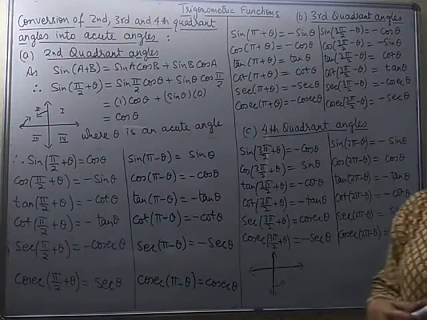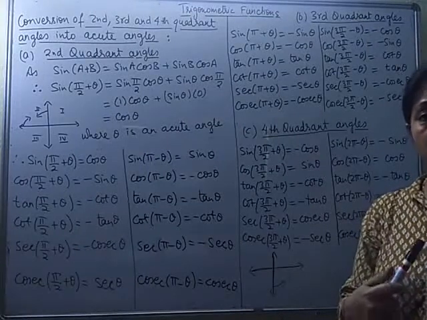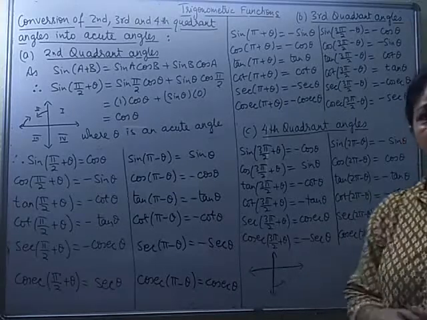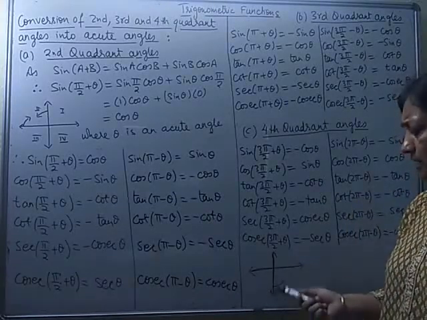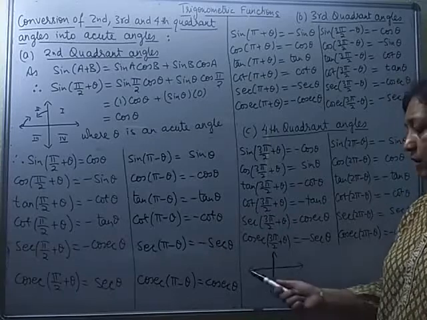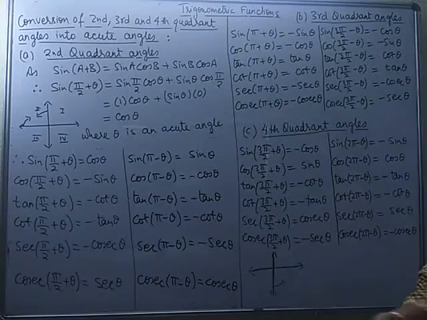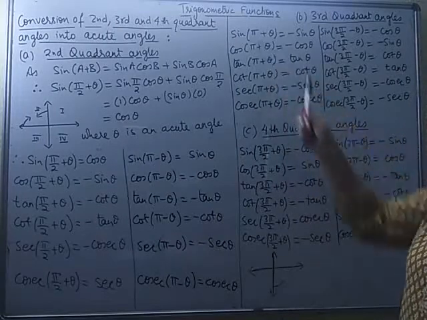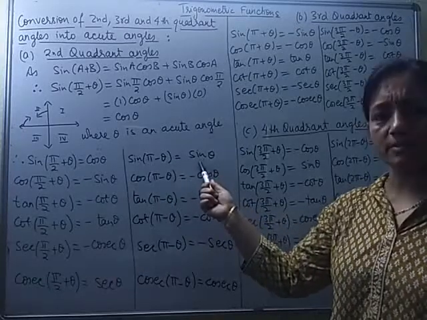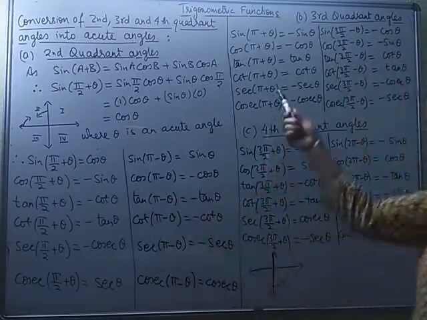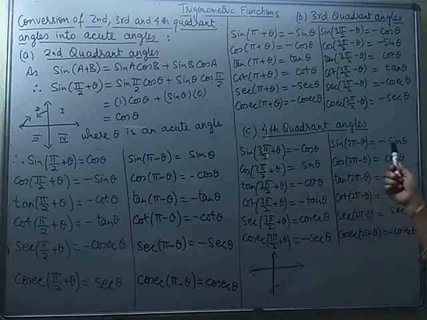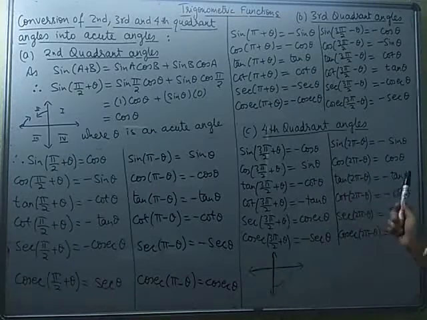So I will advise you, whenever you convert the angle, whether it is in the second quadrant, third quadrant, or fourth quadrant, unless it is very much needed, avoid making changes about the vertical line. Try to make changes about the horizontal line. How is this going to help? When you make the change about pi or 2 pi, the function does not change. See, sine pi minus theta, the function remains sine only. Cos remains cos only. Look at this part also. Sine remains sine, cos remains cos. Over here about 2 pi you can see sine remains sine, cos remains cos, tan remains tan.